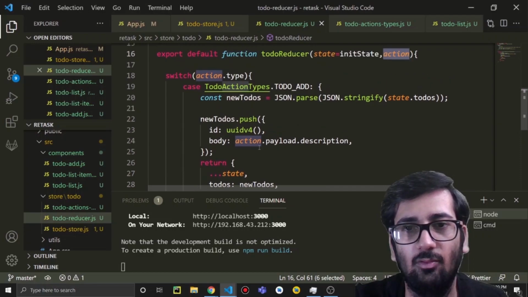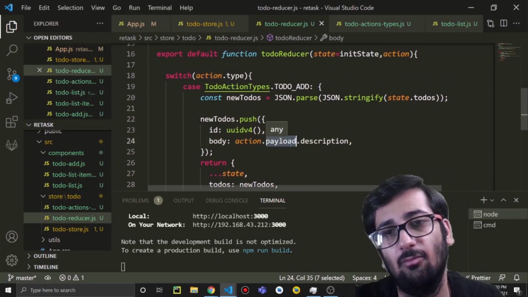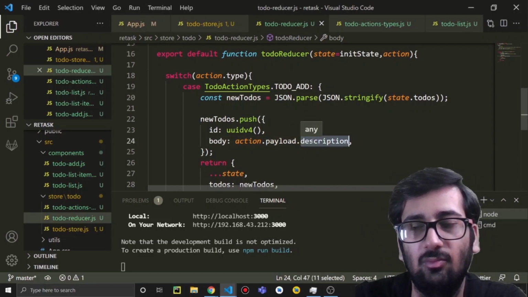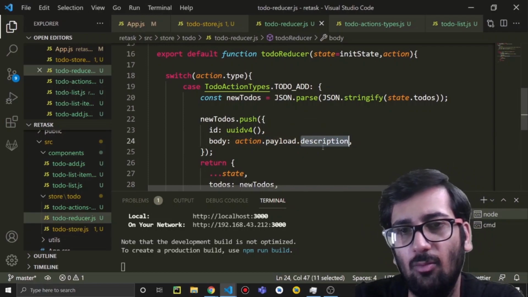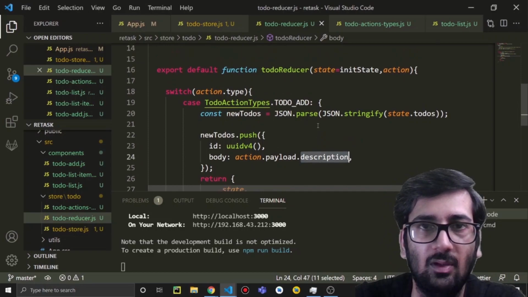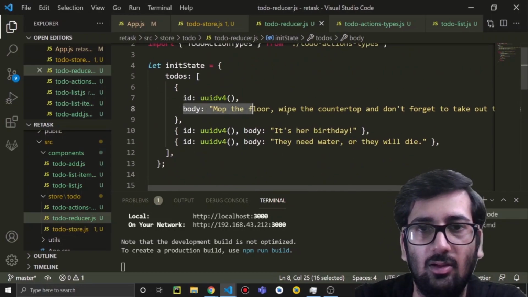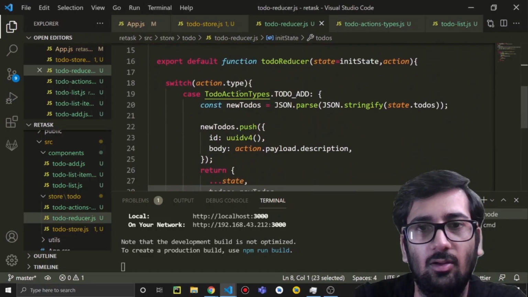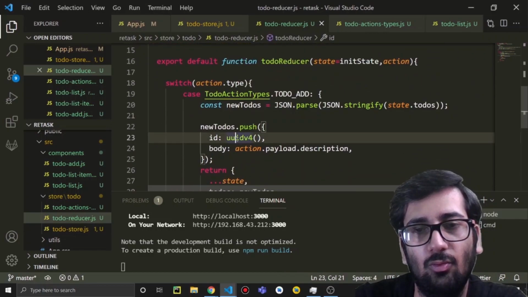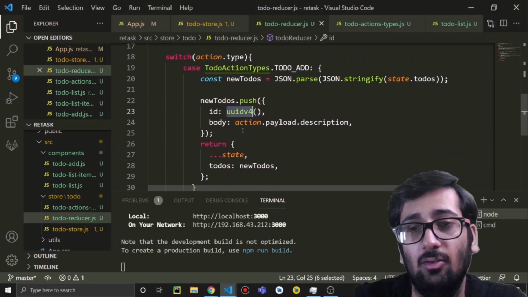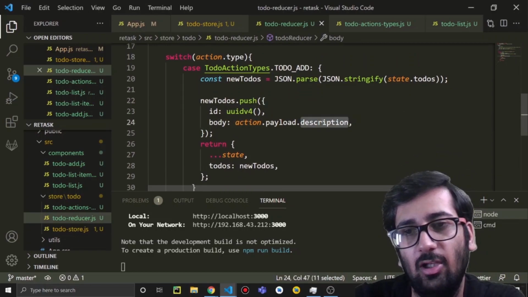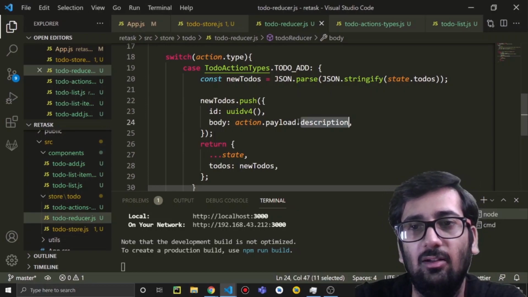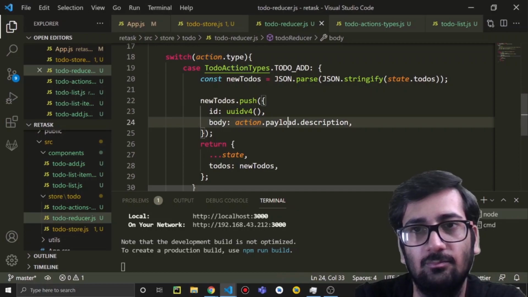The payload contains our data, which consists of the description of the to-do, the body of the to-do, and the ID we are generating on the fly using UUID. So we just need one thing, that is the body, or we call it the description. We get it from our action payload.